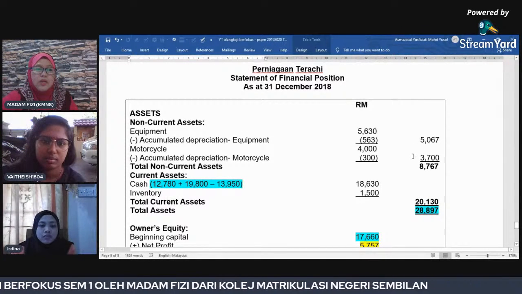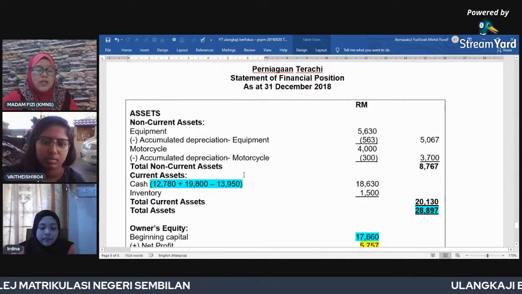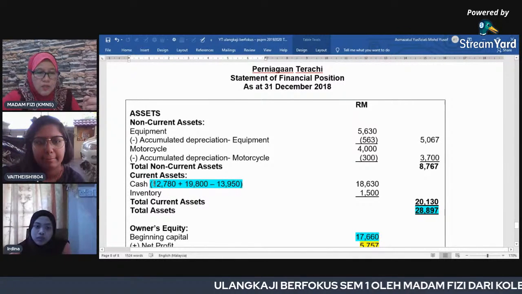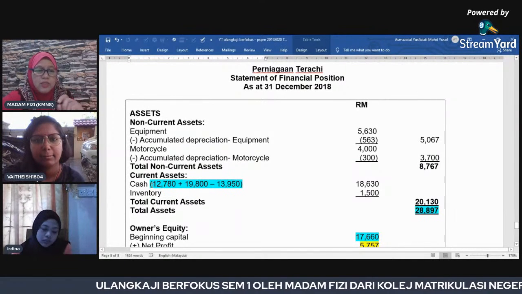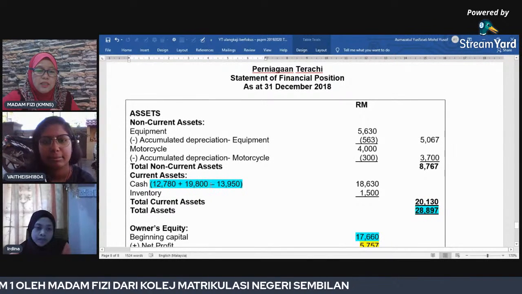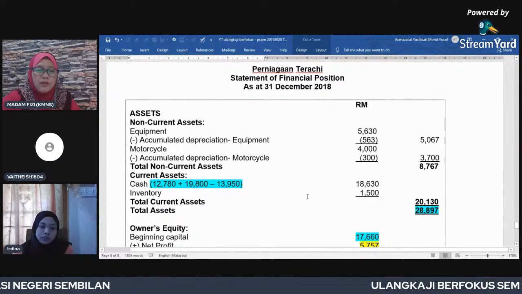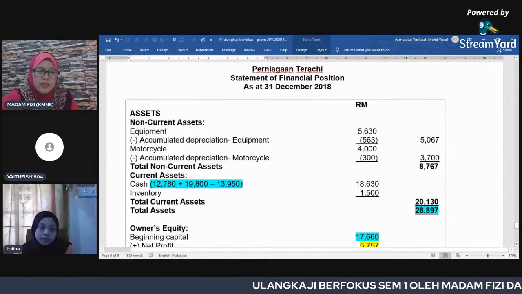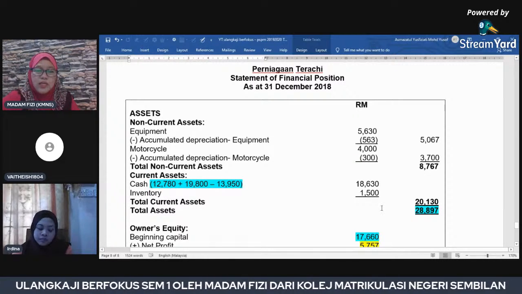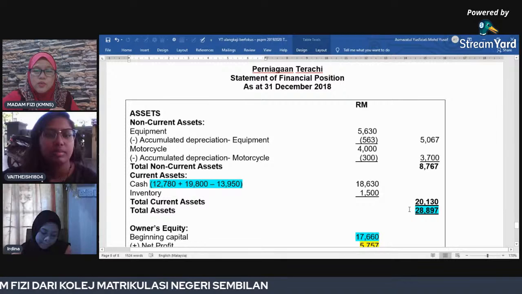So total for non-current asset is 8,767. And for current asset, cash just now, kalau kita tak buat jalan kerja dekat luar tadi, kita kena tulis dekat sini, bracket, this is the jalan kerja tadi. Beginning plus cash received minus cash payment equals to 8,630. But I advise you buat bracket dekat sini, and then plus inventory 1,500. So total current asset is 20,130. So total asset is